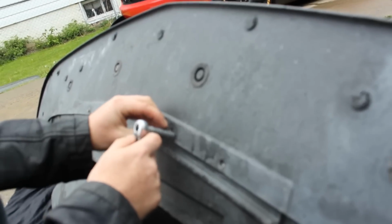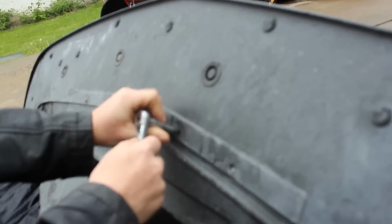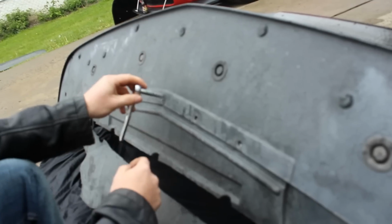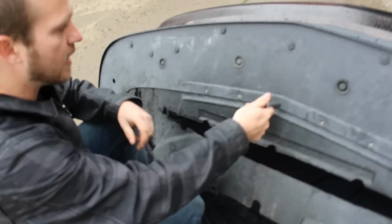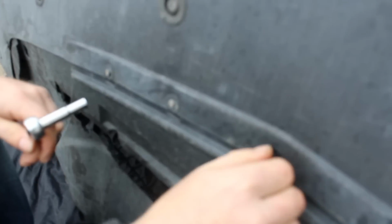Now, it's always good to have a second set of hands doing this. You can do it by yourself, but it definitely does help when you have a second set of hands, especially when you're flipping the bumper back and forth from the side to lifting it up. You don't want to crack anything. Just be mindful. If you want to do this on your own and not have a professional installation, you want to save some money, definitely have a buddy come over,